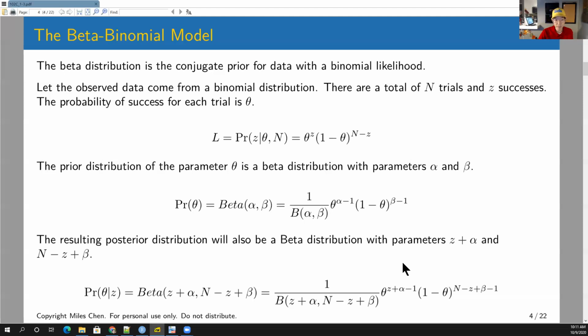Professor, could I ask you a quick question? Yes, go ahead. For the likelihood here, there's not the n choose z as there was on the previous page. Is there a reason for that? I guess I just left it off. Technically, I should have said this would be a sequence of Bernoullis, which is proportional to a binomial. So I guess I can include the n choose z, but